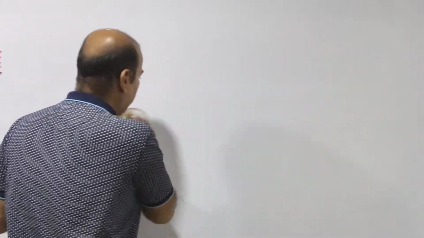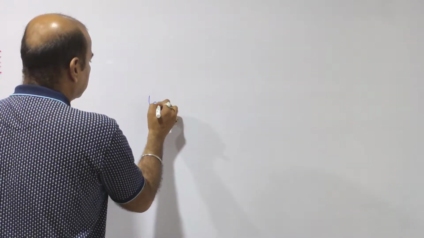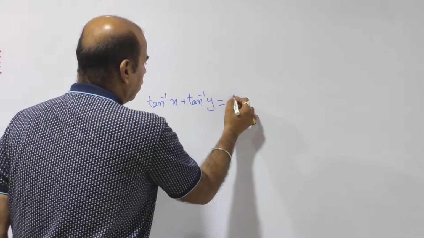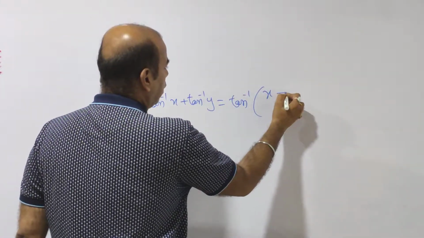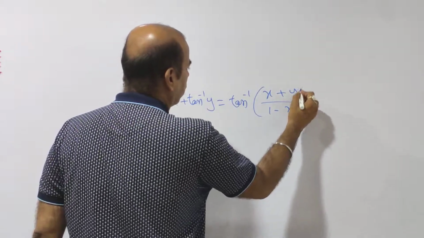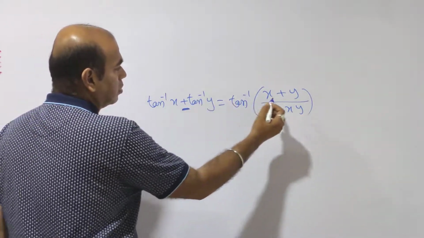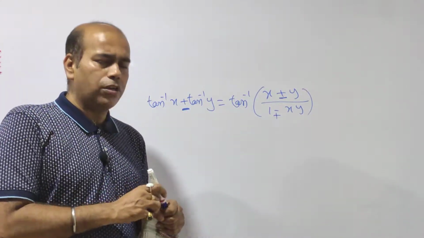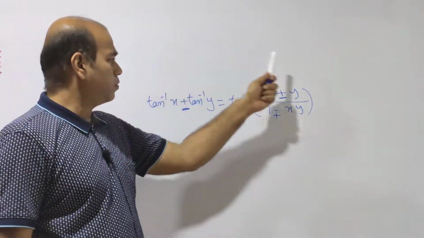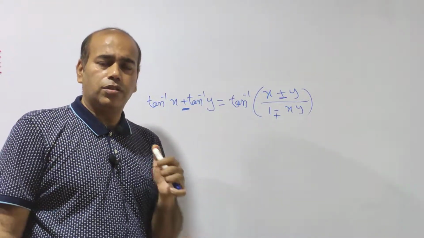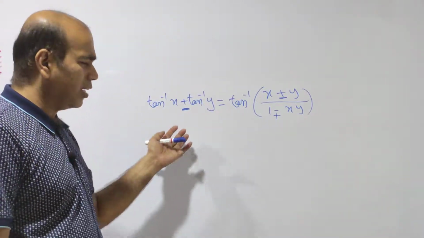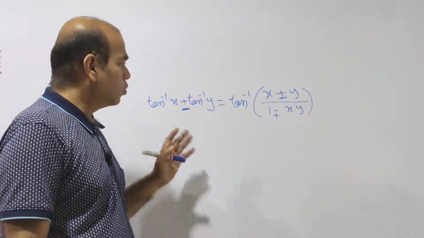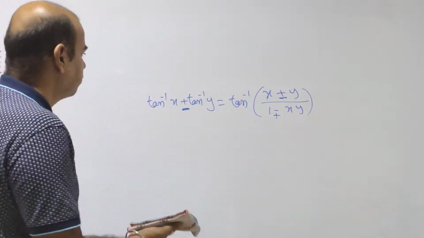Moreover, tan inverse also can be there. If it is tan inverse x plus tan inverse y, then it is tan inverse x plus y by 1 minus xy. Now if it is minus, then this will be minus, but this will be plus. That's the formula. Especially this formula for this year, this type of questions will not be there in your board examination for CBSE, but ISC and other boards, this is present. Okay, so only for the year 2021 students can avoid these formulas.